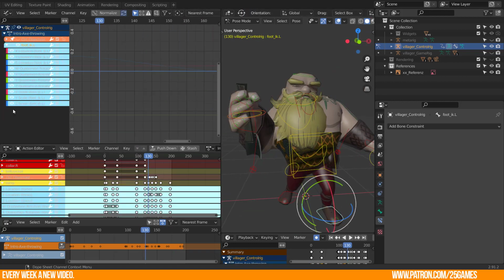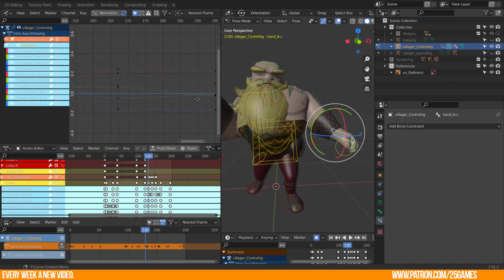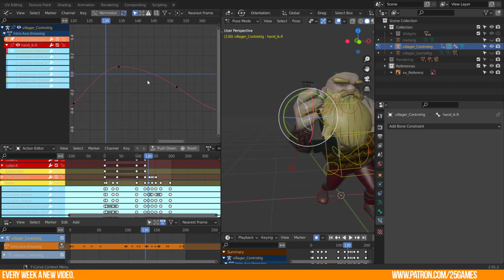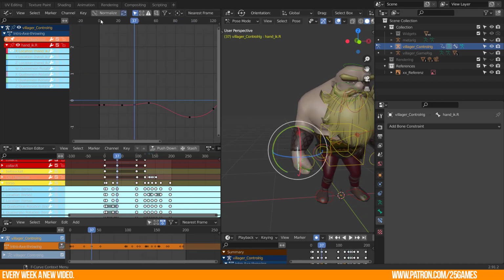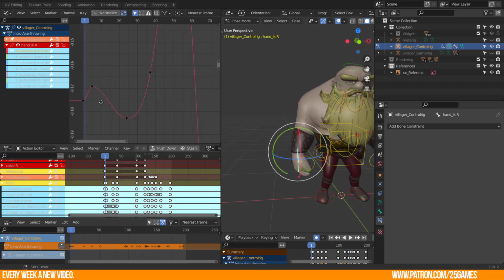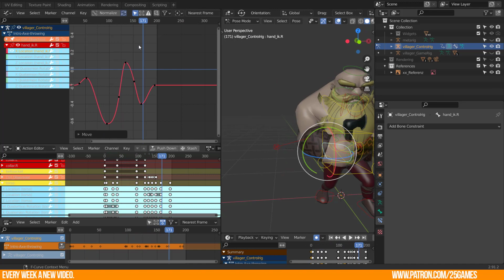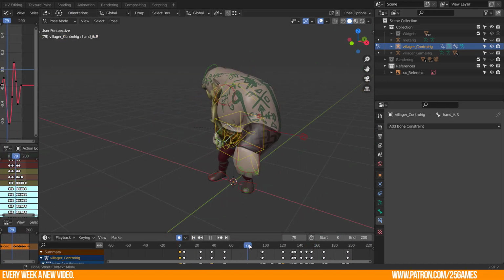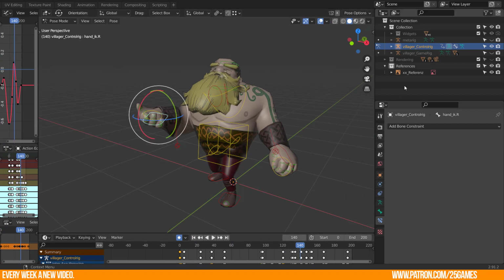Polishing will take a lot of time. Checking all the channels and each controller is a lot of work. Deleting unnecessary keyframes and adjusting curves keeps your animation clear and may remove some weird behavior of your character. When you are happy with the animation, then you want to test it and export it to your game engine.